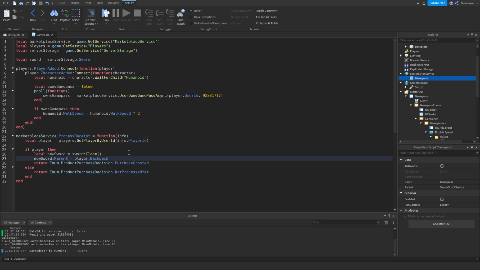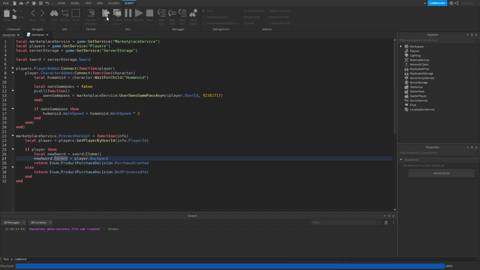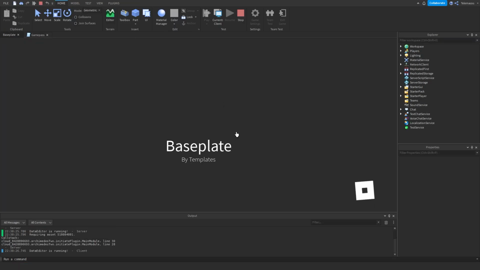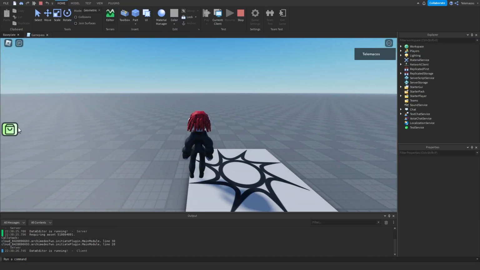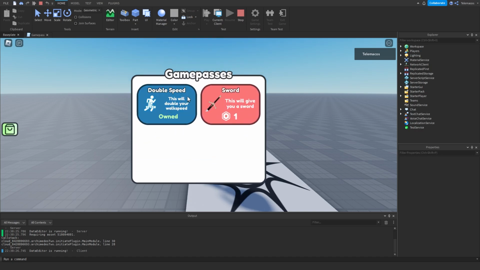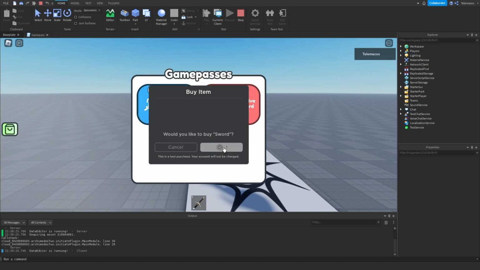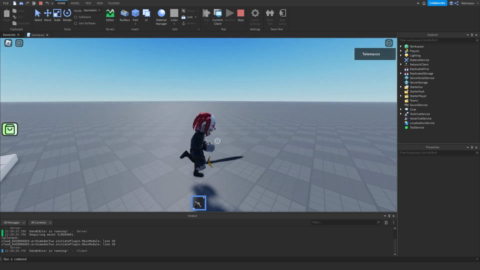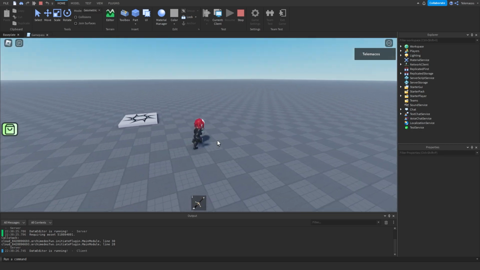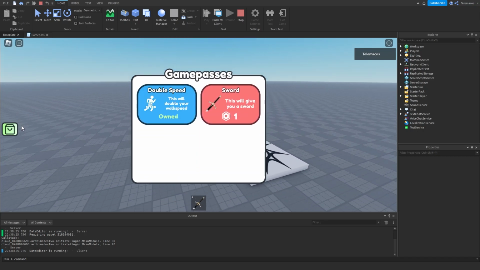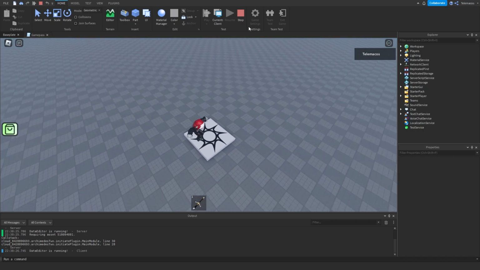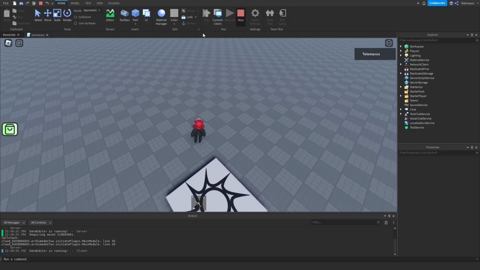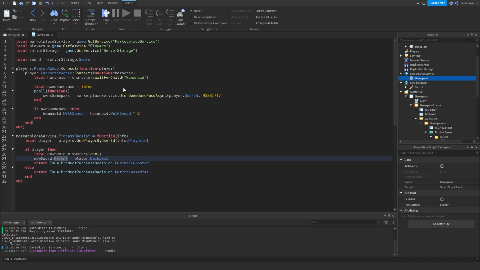Oh, I see. I forgot the dot parent, of course. That's a small mistake, but it should be working right now. So if we just open this and we buy a sword, you can see that we get a sword. And you can also see that I'm extra fast because I own this Gamepass. So yeah, that's about it. And of course, if you want to do something else, instead of, for example, giving a sword, you can do like,